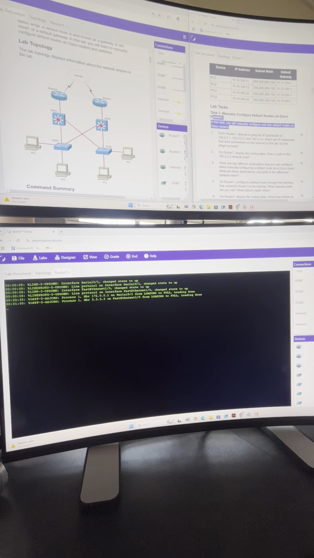All right. So task 1, it says manually configure default routes on Cisco routers. It says in this task, you will manually configure and test default routes on Cisco routers. So it says from router 1, attempt to ping IP address 192.0.2.1, 192.0.2.2, and 192.0.2.3, which are IP addresses that exist elsewhere on the internet in this lab. Do the pings succeed? All right, so on router 1, let's ping